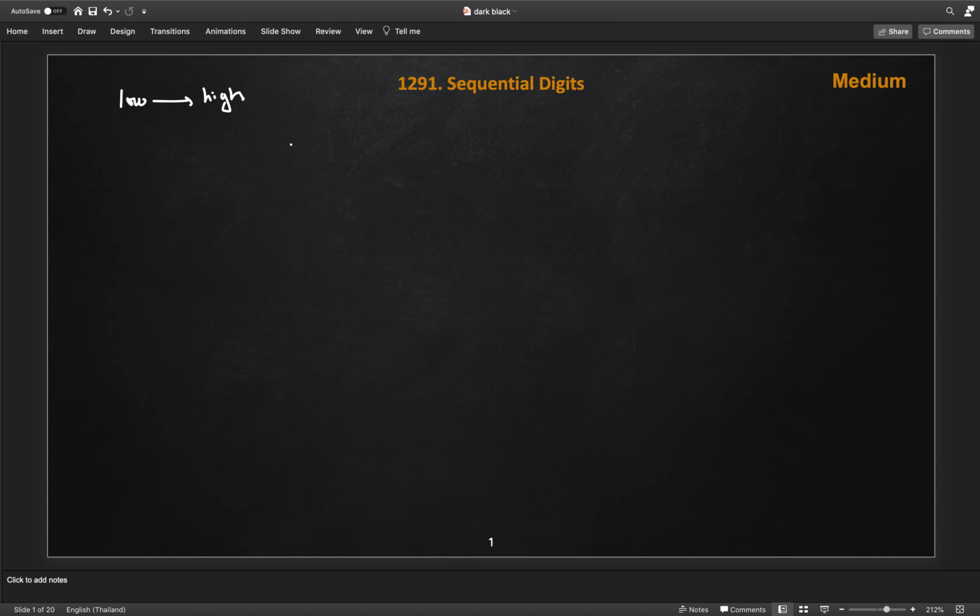First of all, let's start from the base cases, like our initial numbers 1 2 3 4 5 6 7 8 and 9. After that we will get the 2 digit sequential numbers, which will be 12, 23, 34 and so on. The last 2 digit sequential number is 89.